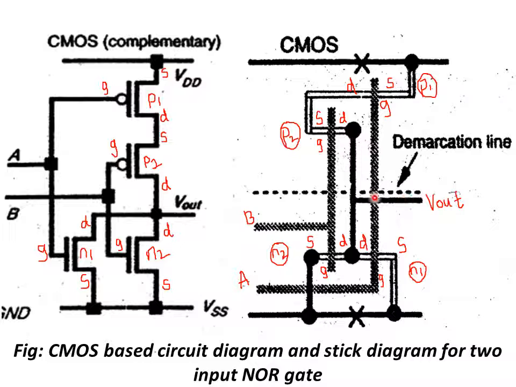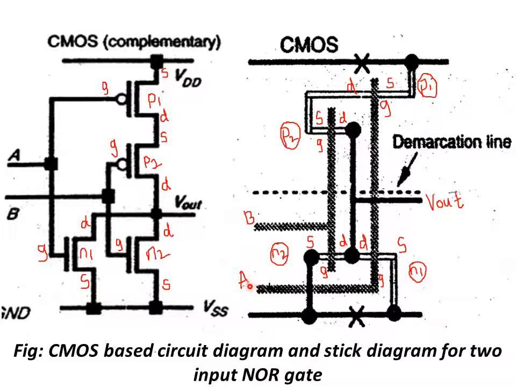As you can see here, we have the figure of the CMOS based circuit diagram at the left side, and the respective stick diagram for this particular circuit diagram, right? As we already know, before starting with the stick diagram, first we need to form the transistors. In order to avoid confusion, every time, after drawing the circuit diagram, the first step is to name the transistors, and after naming the transistors, name these three terminals also, right? This is a very important thing you need to remember here. Don't forget that.